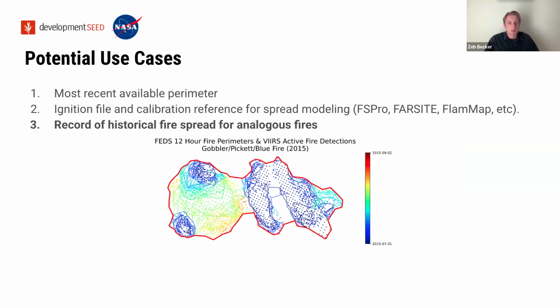Those would be fires that burned under a similar combination of conditions, whether that's in similar fuels or with similar weather conditions. You could say, hey, I need to find a fire that was on a south-facing slope with mixed conifer fuel models in September in the North Cascades or whatever. And you could then look and see what have fires in similar conditions actually done in the past.